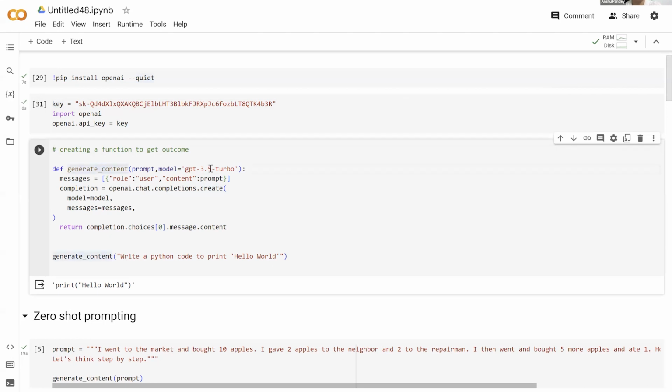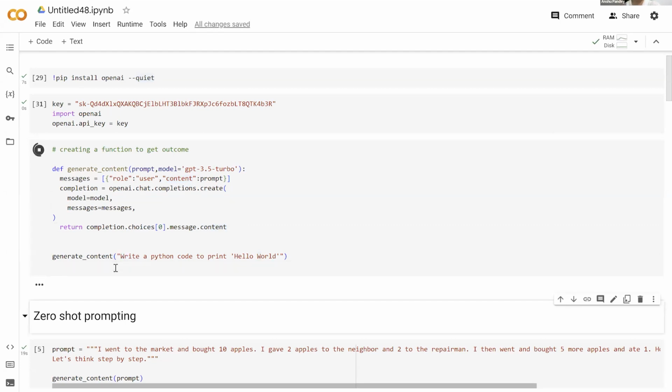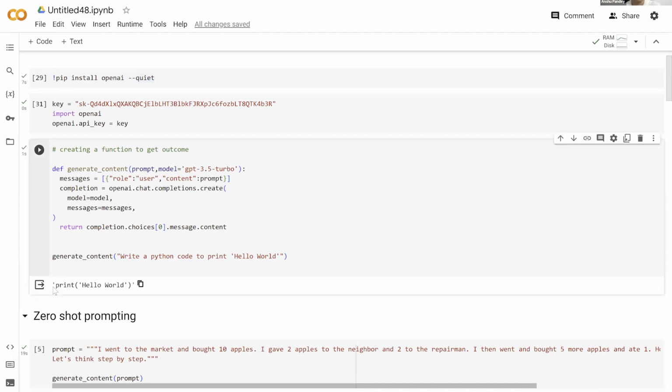In this function, we are specifying the model and the message format where we put the prompt as the role user, pass the model and messages, and return the response from the model. So let's say the prompt is: write a Python code to print hello world. It's going to take this question to the GPT engine, GPT 3.5, and generate code. So the code is print hello world.